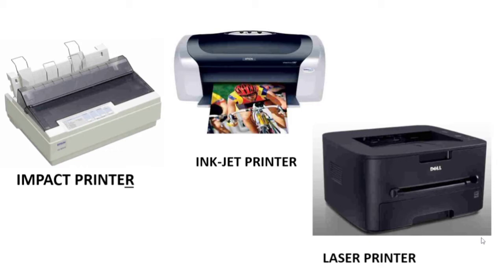The printer can be classified into different categories. So first is the impact printer. This type of printer prints characters by striking on the ribbon and then they are pressed on the paper. This type of printer is nowadays not in use as they make too much noise. Some common examples of impact printers are character printers and line printers.